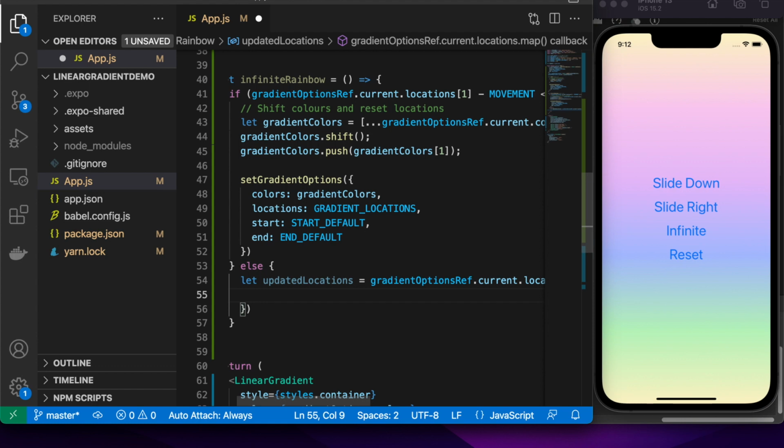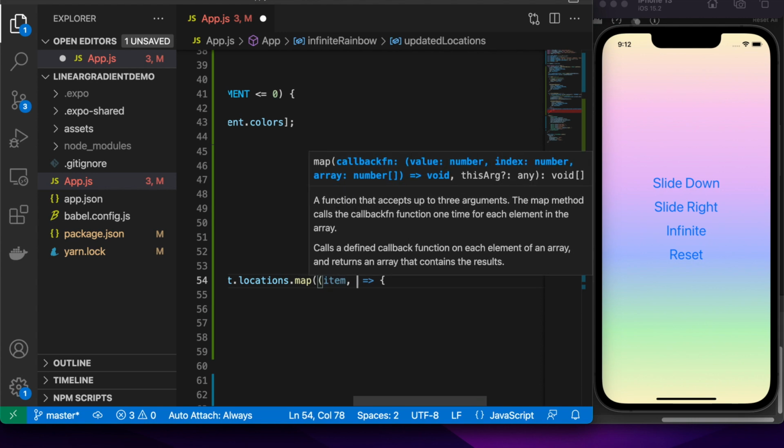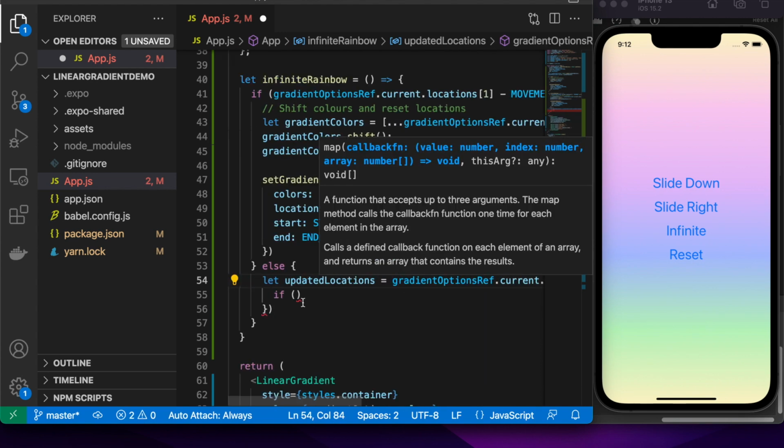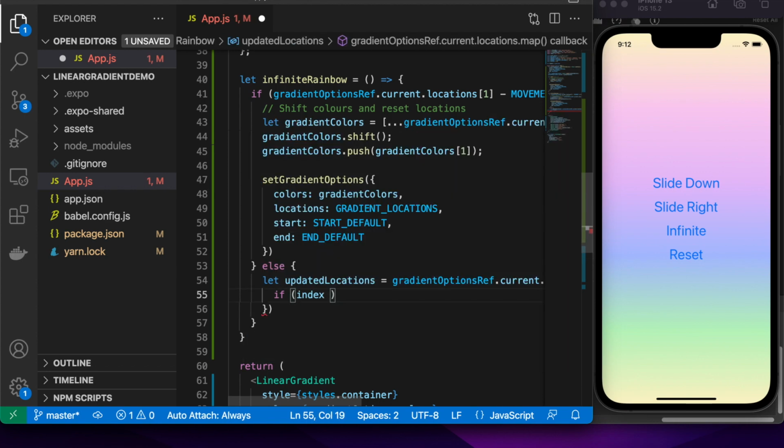So I'm going to reduce each item in the array by the movement value, and if it's less than 0, then I want to return 0, so I'm going to use the math.min function there. And I was having some issues with the floating points, so what I ended up doing was I will do toFixed.